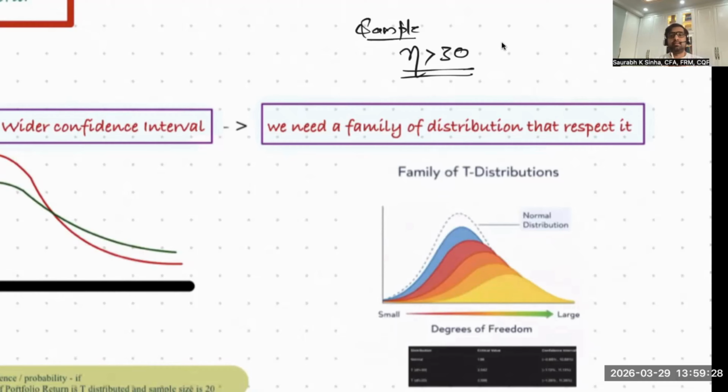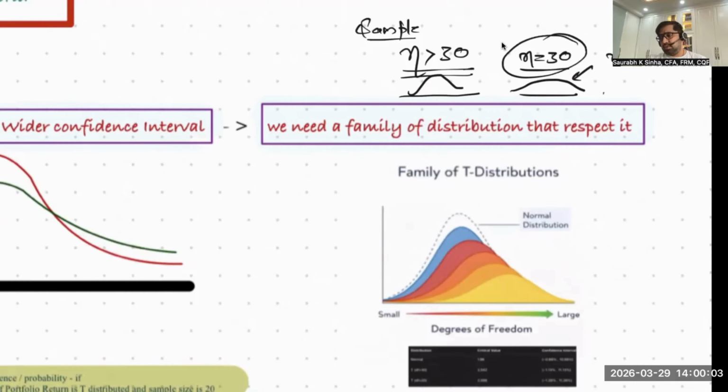Perfect. Awesome. But what if the sample size is 30? If the sample size is 30, you have to fall back to t distribution. It is a worse distribution. So if it is normal distribution, you fall back to a wider distribution, which is a t distribution. But what if the sample size goes to 29? Will you use the same distribution? No, the sample size decreases, the uncertainty increases, the randomness increases. You have to fall back to a much worse distribution than the t distribution you were using for n equal to 30. So you will use a much wider distribution.